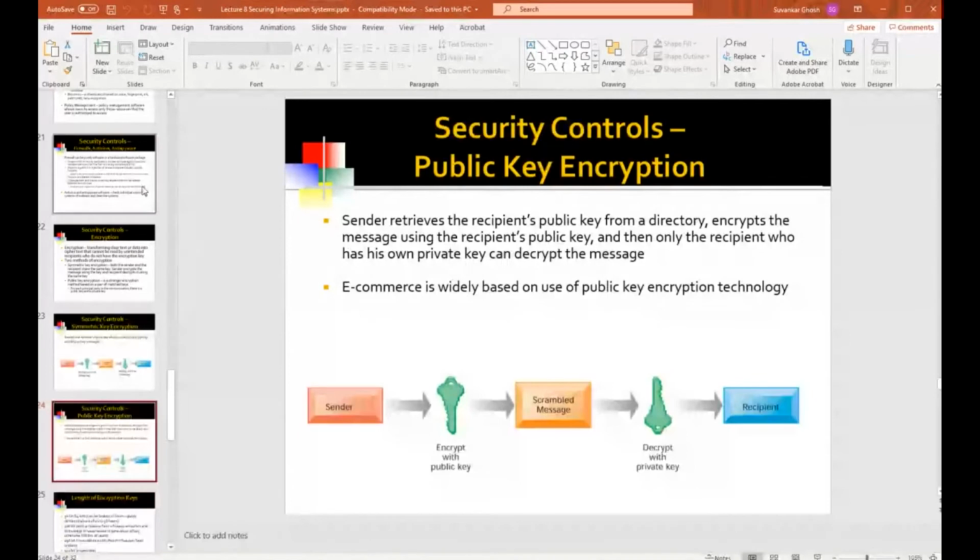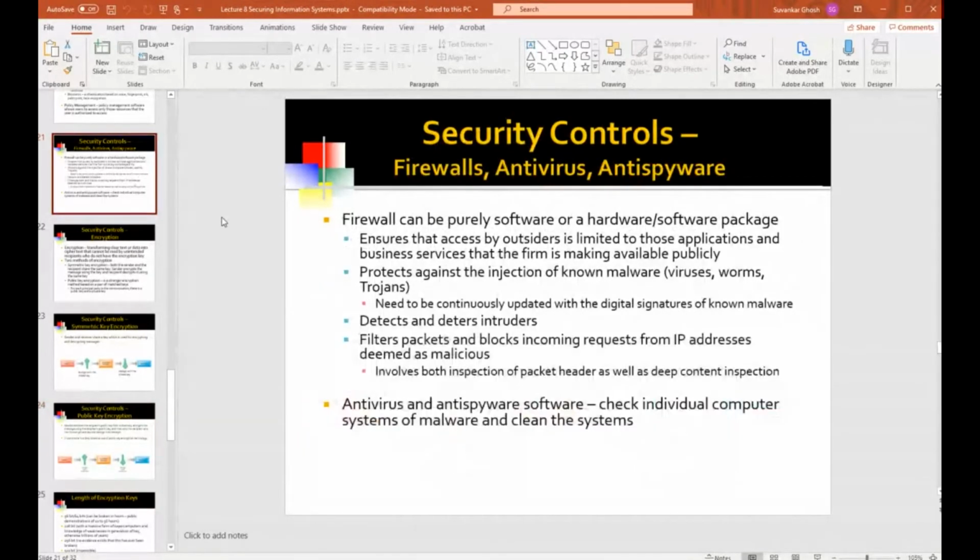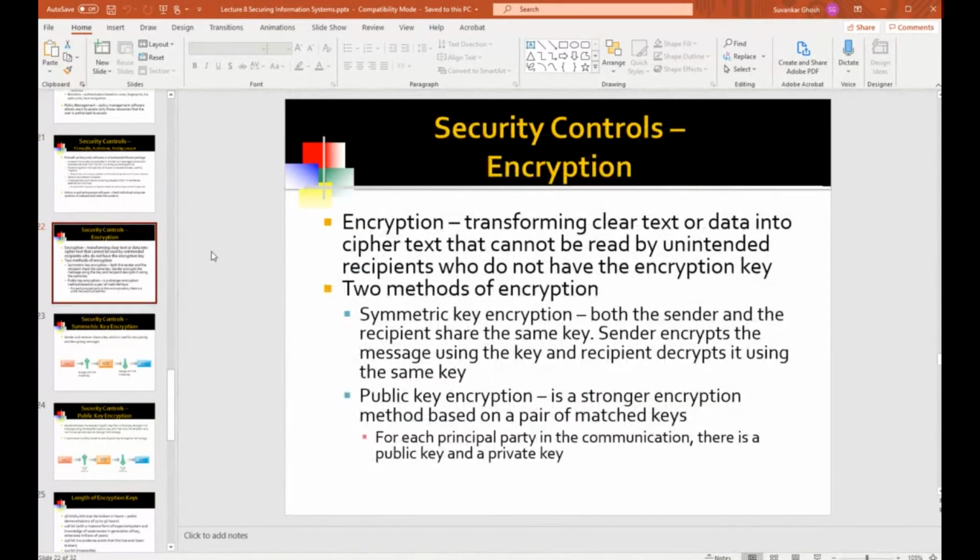So I was on the topic of security controls, and I was discussing encryption as a security control. We're saying that if somebody has hacked into your computer and is trying to steal a file, if that file is encrypted, then they won't be able to really get to the information because it has been encrypted. So encryption is a very major security control. However, there are weaknesses to encryption, and that's what I was talking about.